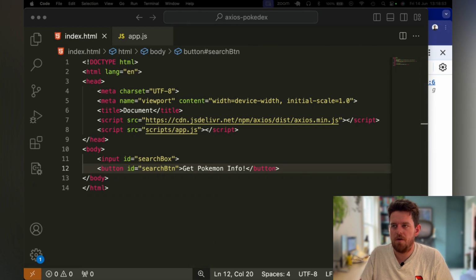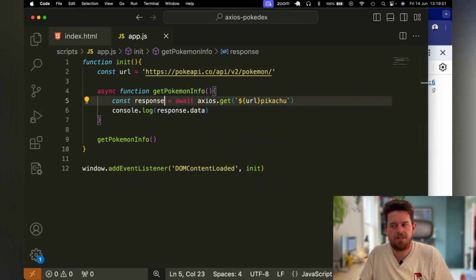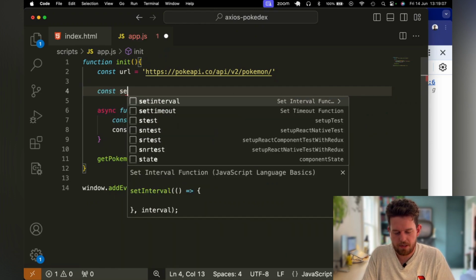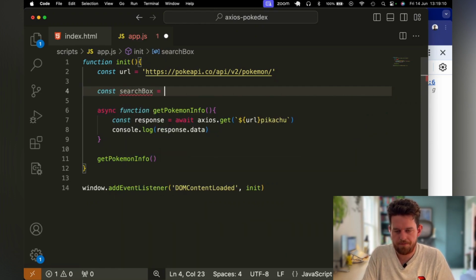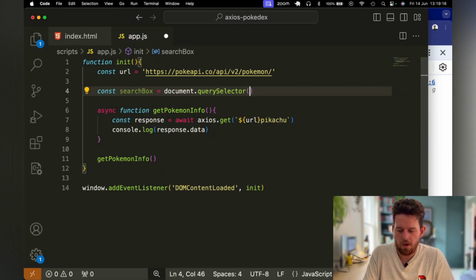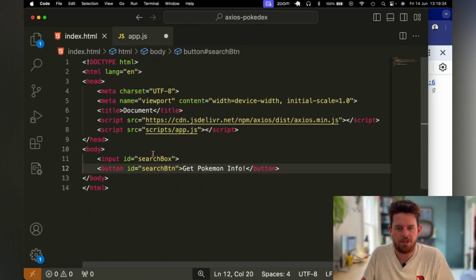Okay, so just like any DOM manipulation, what we're going to have to do is grab those elements to then use them. The first thing I'm going to do here is say const searchBox equals document.querySelector, and then a string with a hash of our search box. Yep, don't make a typo like I just did. It's C, search box. And make sure that this lines up with whatever the ID was that you gave